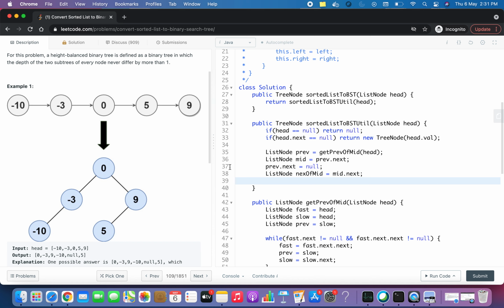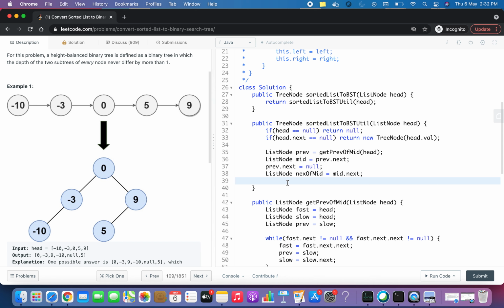So now I have two linked lists. Head represents this left half, and next of mid represents the other half, and mid is one node.